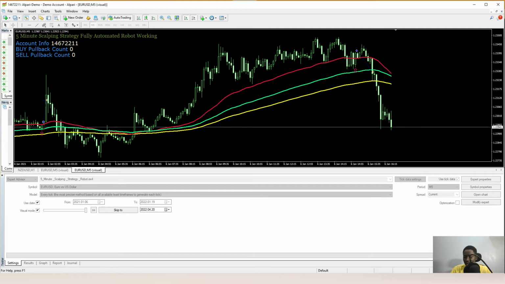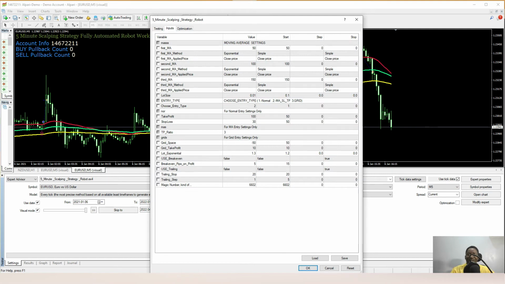Now let's stop this back test and let's do the grid. I love the grid. The reason why I really love the grid is that no matter what the market does, I'm going to make money. I really love the grid because you can never be 100% every time with this strategy and any other strategy in the forex market. So that's the reason why I implemented the grid. If the market is going against you, the grid is activated and it's going to use a trailing kind of TP, which I called average take profits, for any number of orders on your charts.